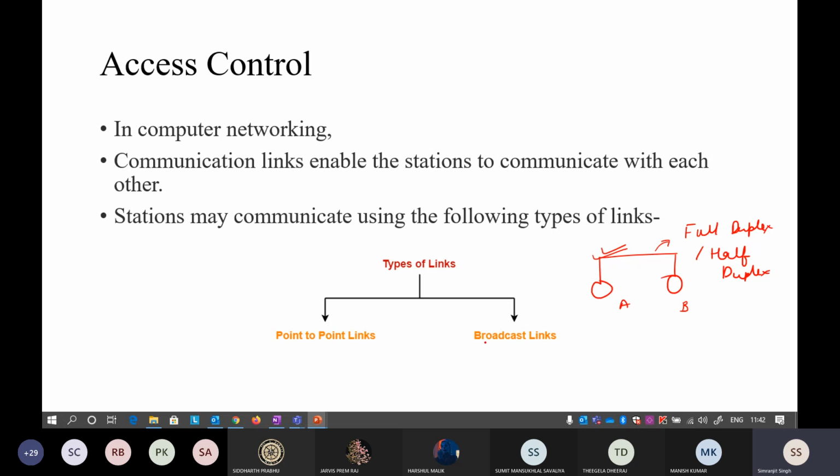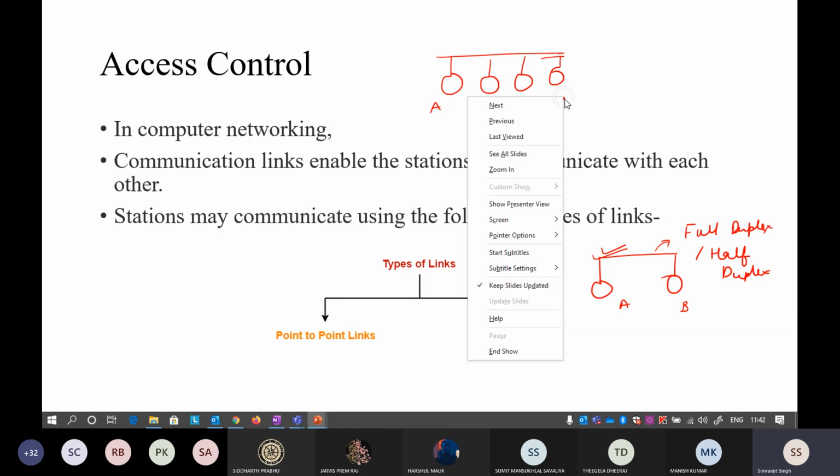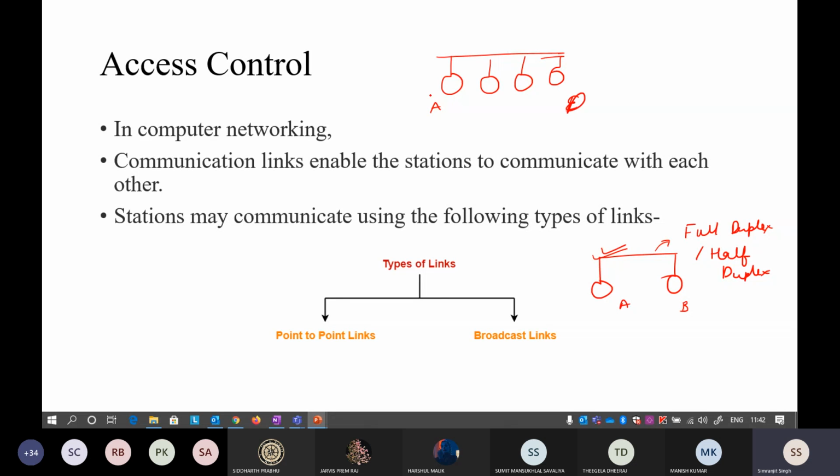But what is the problem in a broadcast link? Broadcast link means that on one link there are multiple stations placed. What will be the problem if a station wants to send something to the D station, and the D station wants to transmit something to the A station? They might both start transmitting data at a similar time, like 11 a.m. Then there might be a collision between these two entities. If this is a packet from the A side and this is a packet from the D side,